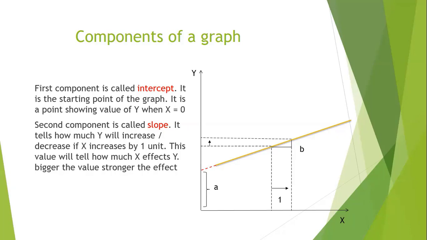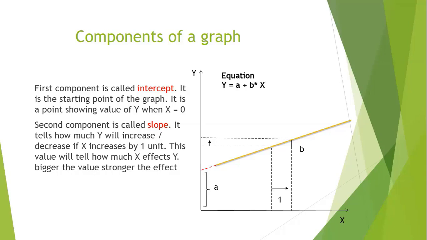This value will tell us how much x affects y. The conversion rate. ठीक है? जो हमने पहले बच्चा का ट्रांसफॉर्मेशन या फॉर्मूला प्रोसेस जो पहले इक्वेशन में बात करें. ठीक है? So bigger the value, stronger the effect. Bigger the value, stronger the conversion rate. Clear हो गया? ठीक है? I will give you more examples here now. ठीक है? Now we are going towards the examples of the conversion rate.